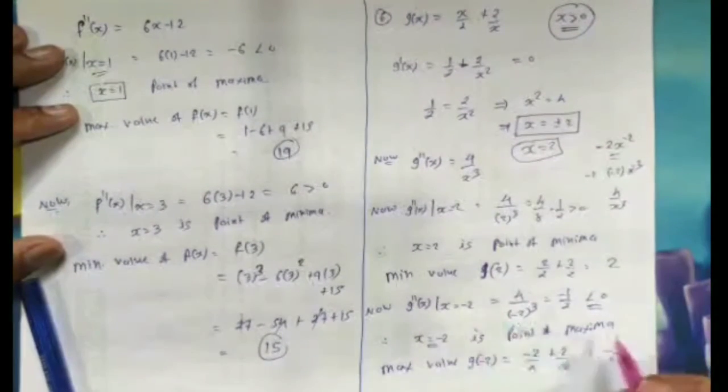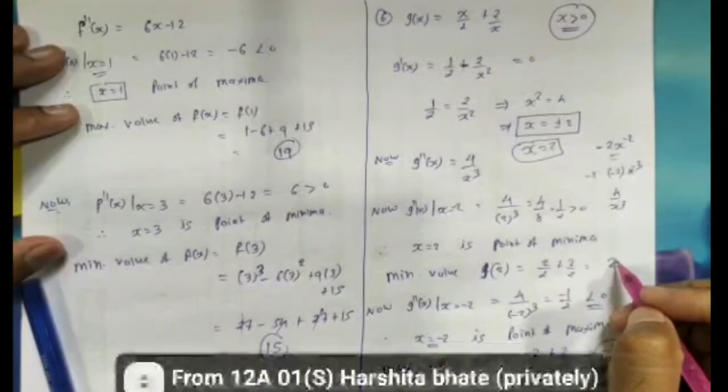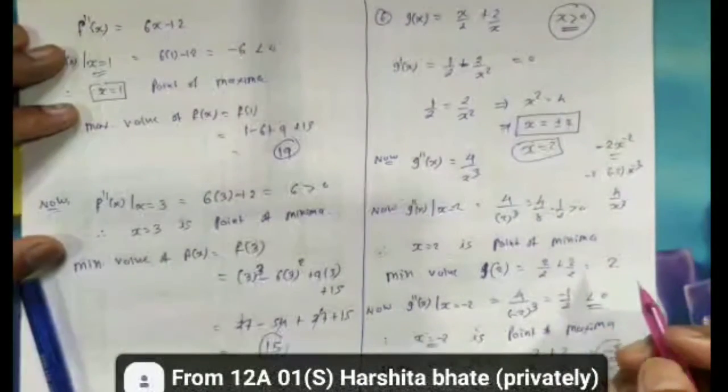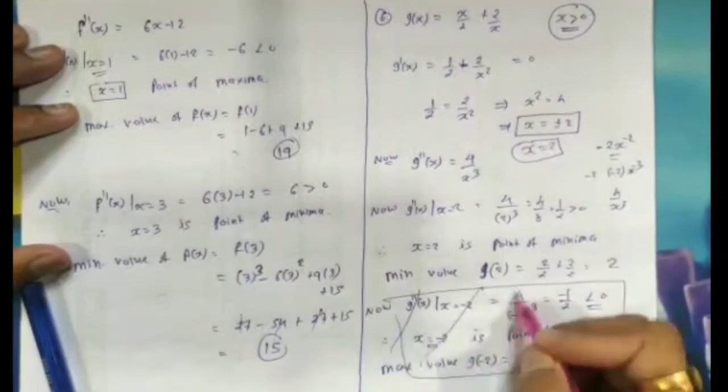माइनस टू कंसिडर ही नहीं करना है. क्यों? क्योंकि देखो, माइनस टू मिनिमम वैल्यू नहीं आ सकती है ना, क्योंकि ये 2 पर ही डिफाइन है, माइनस 2 पर तो डिफाइन नहीं है. हर्षिता आया समझ में? तो ये माइनस 2 हमें कंसिडर ही नहीं करना है, क्योंकि ये माइनस 2 पर फंक्शन हमारा डिफाइन ही नहीं है.